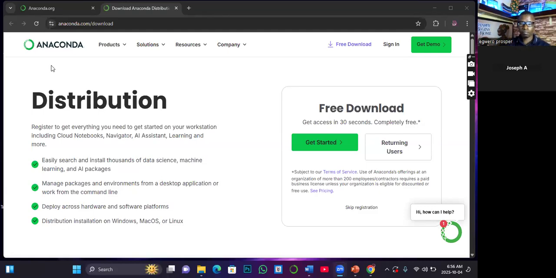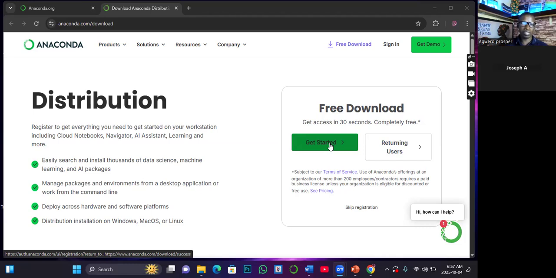All right. So we are still on the steps on how to install Anaconda as our IDE for data science or data analysis. Once you get to this environment, if you click on get started, it's going to prompt you with an interface to enter an email. That means they will send the download link to your email.